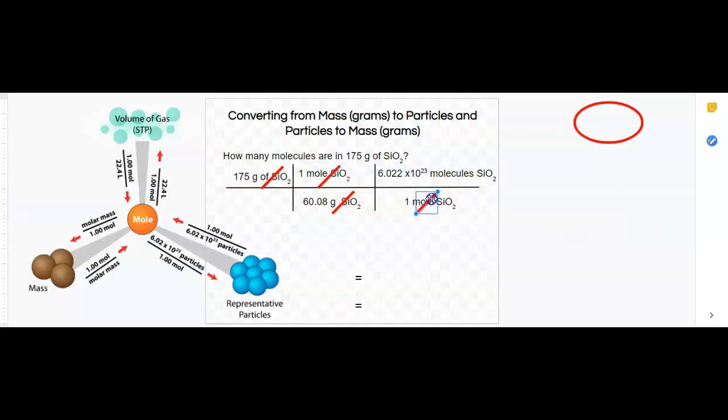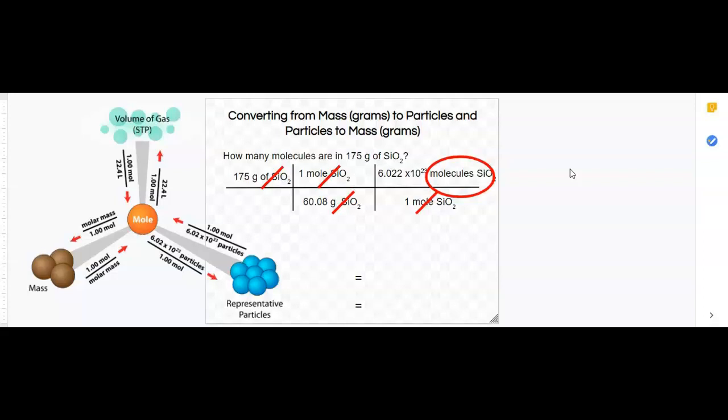And the only unit I have remaining is molecules of silicon dioxide. So that's what I wanted. To finish, all I'm going to do is, in my calculator, I'm going to enter, follow with me, get your calculator, pause if you need to,